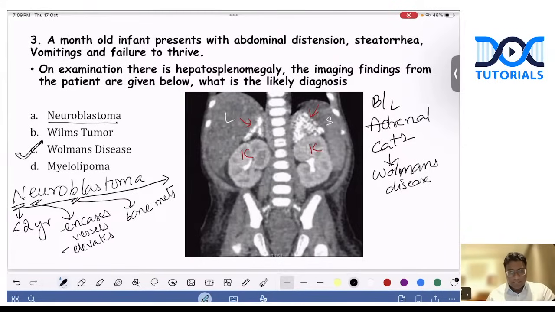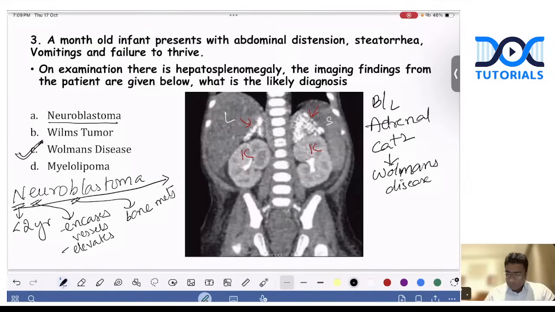Wilms tumor, on the other hand, does not cross midline. Neuroblastoma crosses midline. That is about neuroblastoma. And Wilms tumor, let me do Wilms tumor also here. Wilms tumor, 3 to 4 years age group, invades the vessels. Lung metastasis, pulmonary metastasis is a feature of Wilms tumor. Small name, does not cross midline. So this is about neuroblastoma and Wilms tumor, and adrenal calcifications in an infant age group,